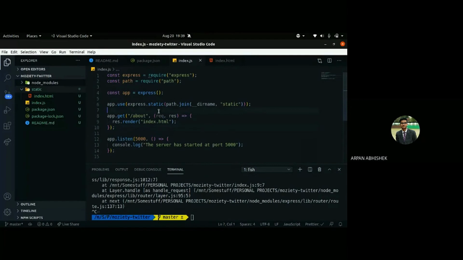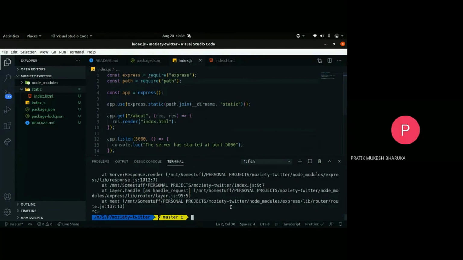Okay, guys. Okay, Arpan, I think that is not an issue. I think you might have made a problem in defining the path as well. Anyhow, I think we have almost reached the end of this workshop. One thing that we could not successfully complete on time is connecting the HTML page. Today's workshop agenda was to teach you all how to start a server, and to give you a glimpse of JavaScript, CSS and HTML. About this issue, we would fix it for you guys. That is a very minor issue. We would get back to what issue it is by tomorrow.